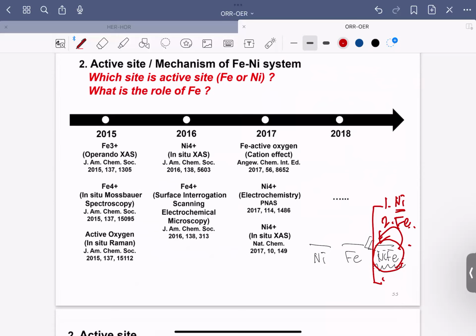And what about the last case? There is a certain surface where one nickel and one iron share the active site, which means they are the perimeter, right? So if we draw the nickel atom and the iron atom, the interface between the nickel atom and the iron atom acts as a co-catalyst for OER, right? So not surprisingly, there are three scenarios: nickel, iron, and in between. What is the real active site? This is a very important